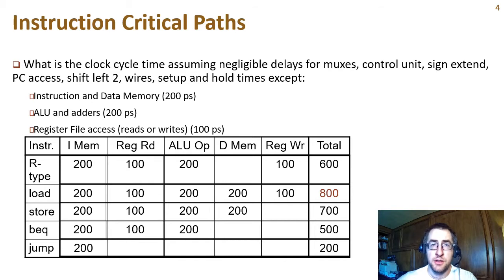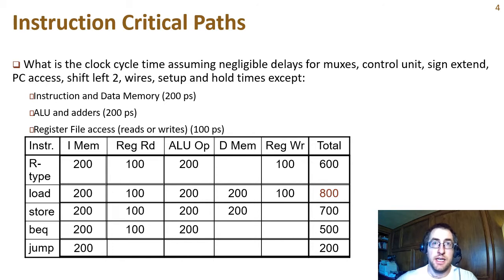So we can look at the major components of the processor to determine in what order those components are used by each of the instructions and how long the instruction should take,